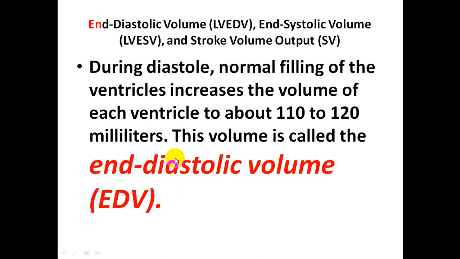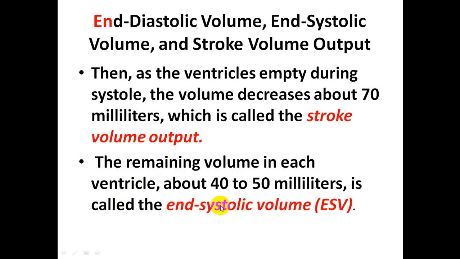So during diastole, normal filling of the ventricle increases the volume of each ventricle, so that the left ventricular end diastolic volume is about 100 to 120 milliliters in a normal person. This volume is called, as we said, end diastolic volume. Since we study the left side, we say left ventricular end diastolic volume. Then, as the ventricle empties during systole, the volume decreases by about